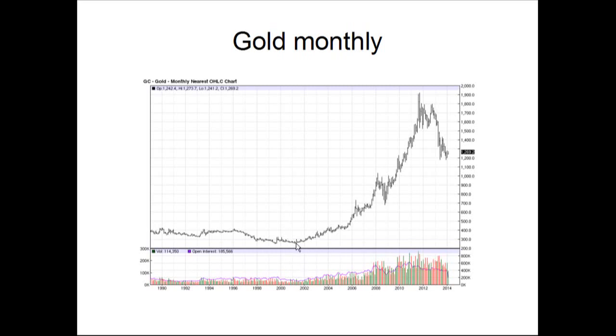But if you draw a line here where my mouse is from the bottom of the previous downtrend cycle, you draw a line, and as it breaks away from this trend line, where this trend line is what breaks out of this long-term consolidation area, you can see that the trend line just about is touched here with this shakeout down to 690, 700. And if you draw a line up